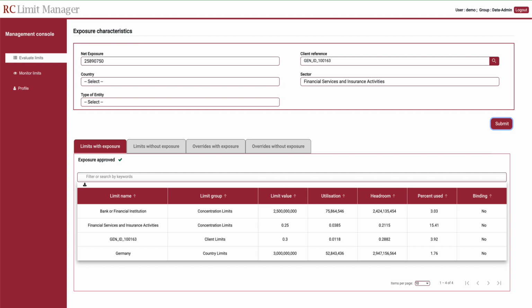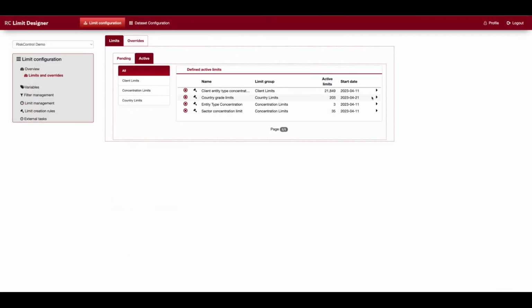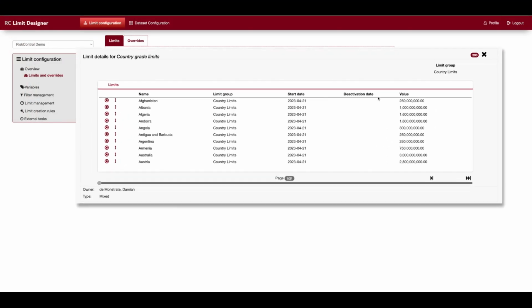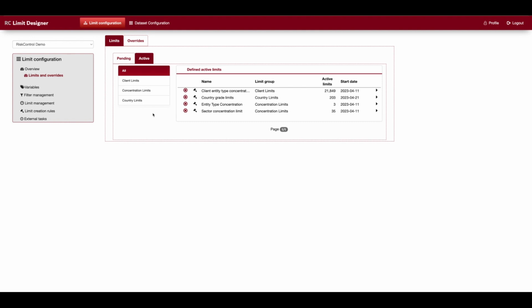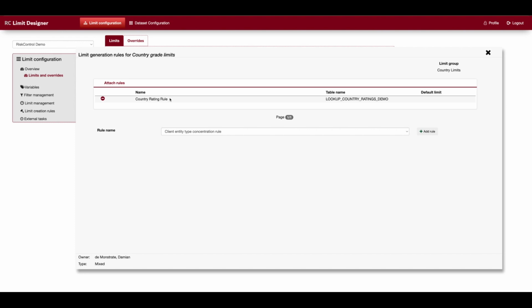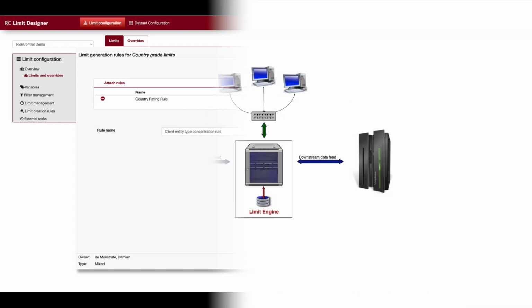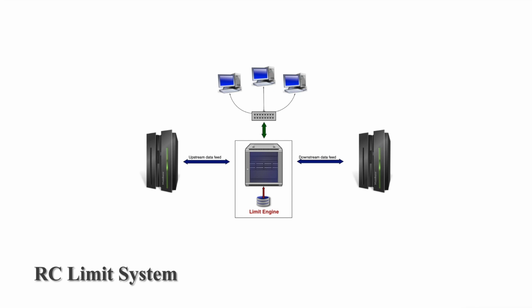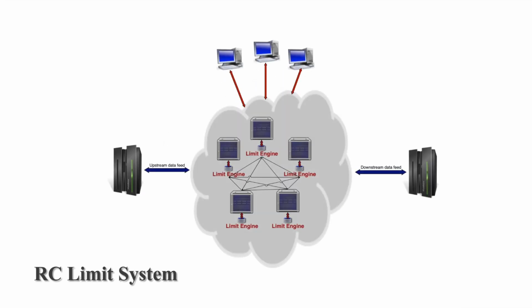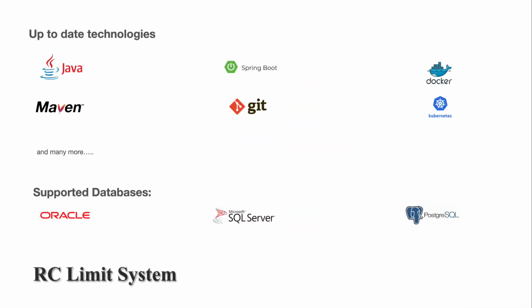The microservice architecture allows building scalable systems that can adapt according to the given environment, the volume of data to be processed, responsiveness, etc. Also, the concept of using data connectors allows rule-based transformations between endpoints, so that no code changes are necessary to adopt connectors to any data source provided by an integrating customer. The limit system can run as a standalone system on a server within your network, or as a container-based cloud service. As data sources at the time being the system supports Oracle, Microsoft SQL Server, and PostgreSQL.